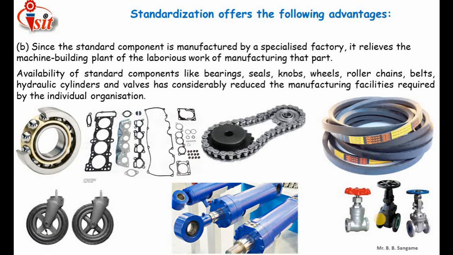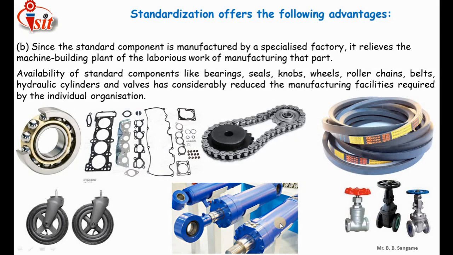Like, if you are going to select a belt for a particular machine, we have to know what kind of application it is, what kind of motor input is given, whether it is given to a machine rotating at constant speed or variable speed, what the required power is, how many hours that machine is going to work, and how many shifts. So all this information is required while selecting a belt from the standard manufacturer catalog.